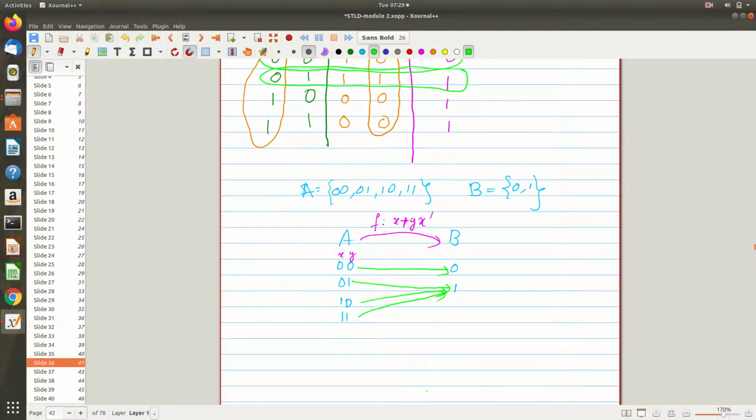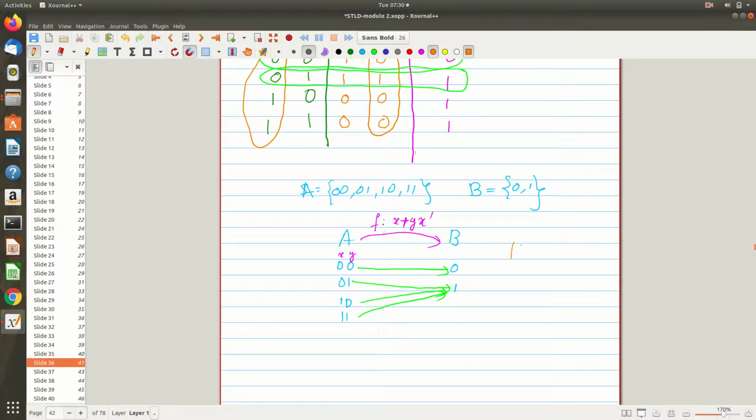Now a very important question I am going to ask. We may see it later also, but at this point I thought of asking. Can you tell me how many functions are possible from A to B? I don't know whether you remember the reason and all. So it's a counting kind of question I am asking. From A to B, how many functions are possible?